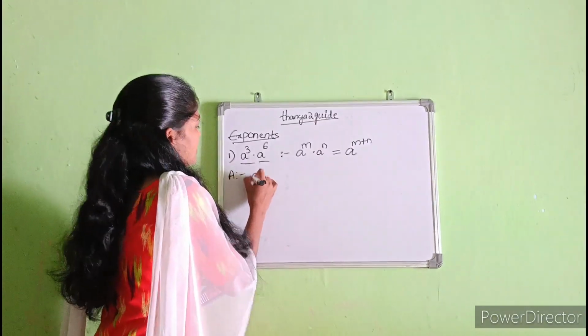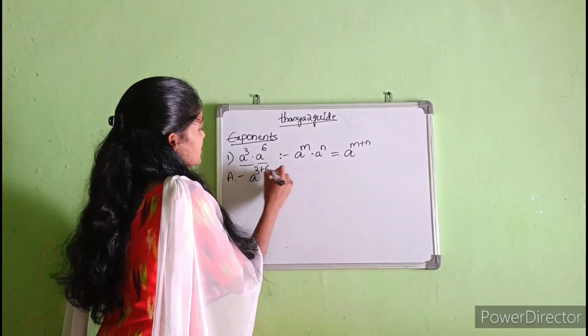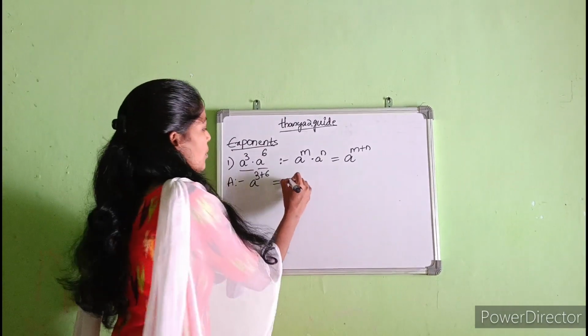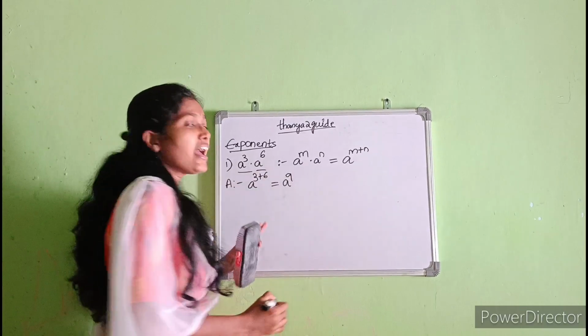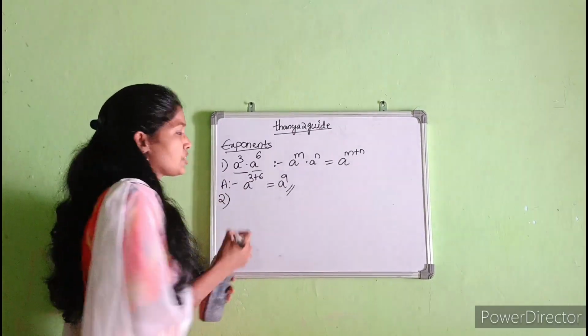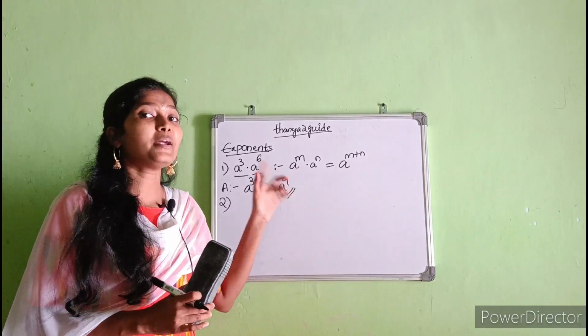Now the solution for this is a to the power of 3 plus 6. What is the value of 3 plus 6? 9, right? So a to the power of 9 is the answer. This is your answer. Now let us move to the second question based on one more formula, but before that,